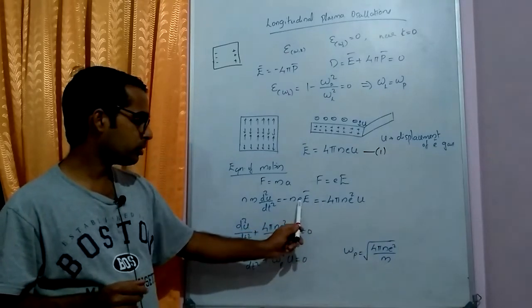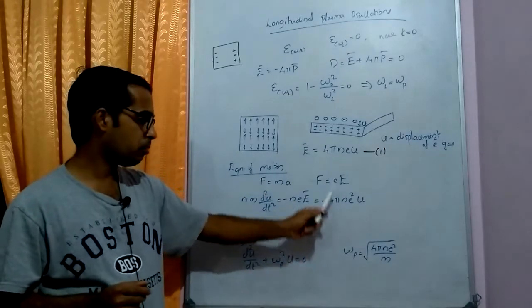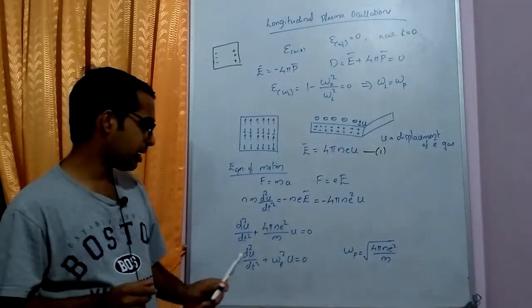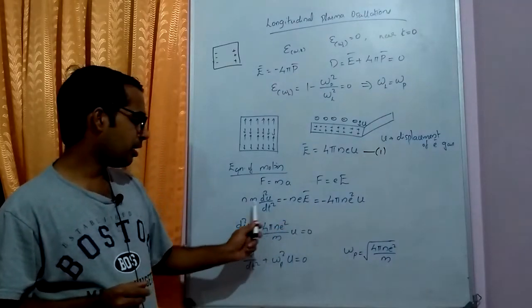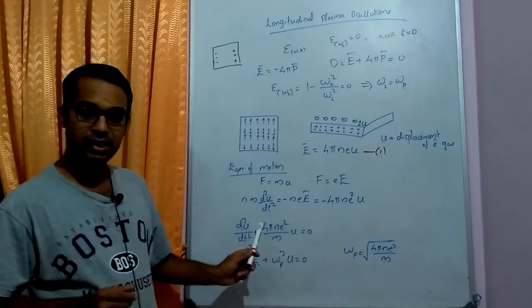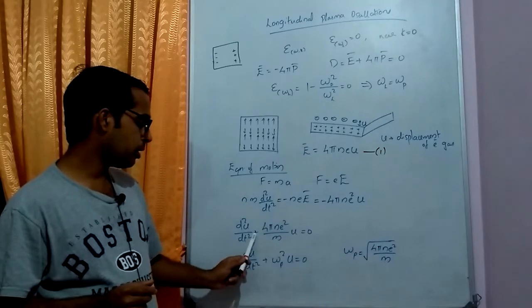We substitute for E from equation number 1, so that we get the equation of motion of the electron gas inside the medium. We cancel N, and finally we can write the equation of motion in this format: d squared U by dt squared plus